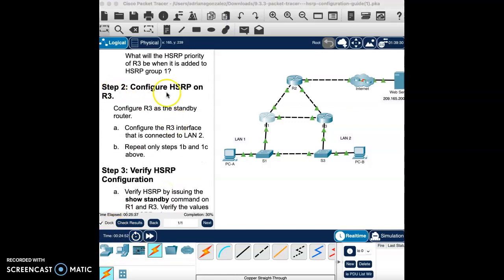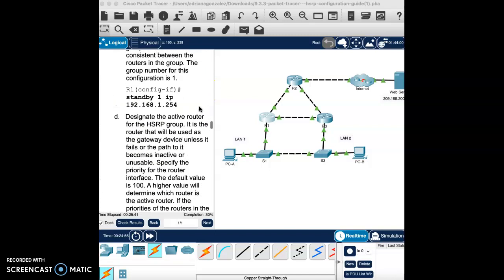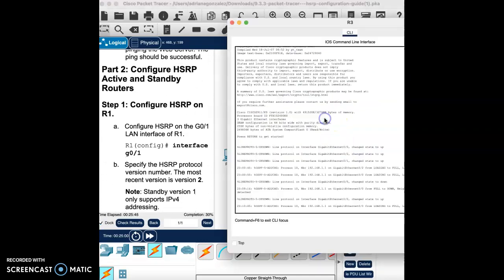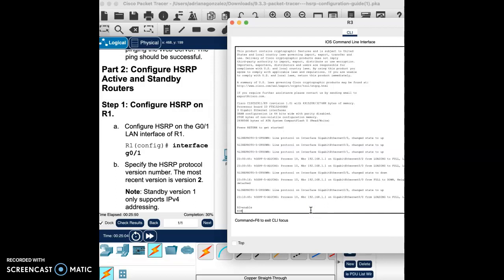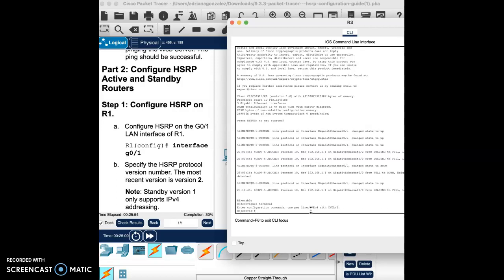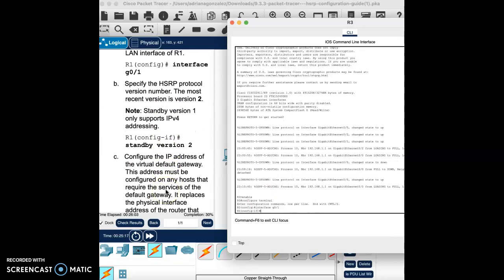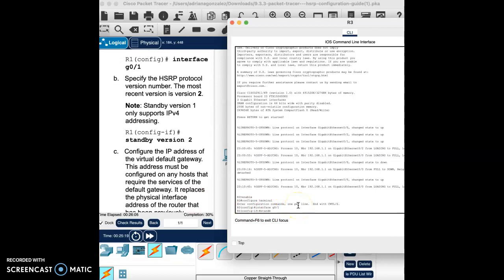So for step 2, configuring HSRP on R3, we're going to do similar steps to what it asked in step 1, but with R3. So let's go ahead and open up R3. We will enable, configure terminal, and this time we will put interface G0/1, followed by standby version 2,